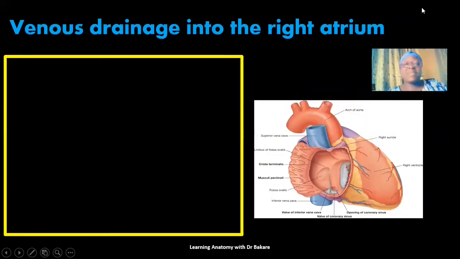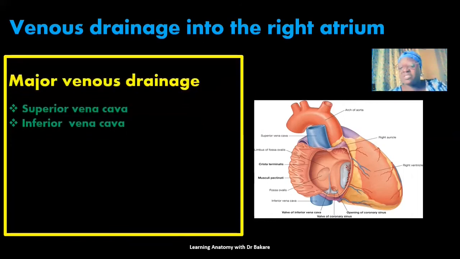So having established that the right atrium receives deoxygenated blood from the superior and the inferior vena cava, these are not the only two channels through which deoxygenated blood is emptied into the right atrium. We also have other channels through which deoxygenated blood is released. So let's try and unfold these. We divide venous drainage into the right atrium into the major venous drainage and the minor venous drainage. For the major venous drainage into the right atrium, we have the superior and the inferior vena cava,